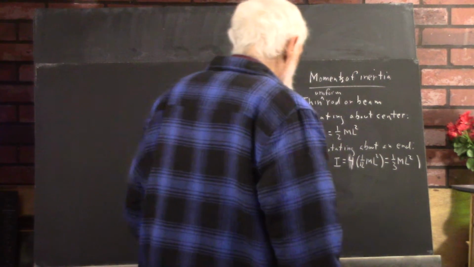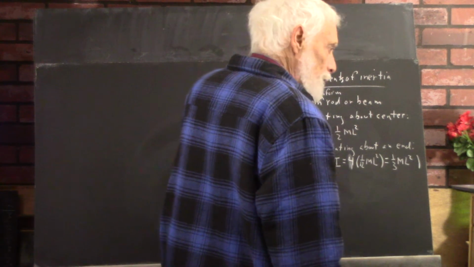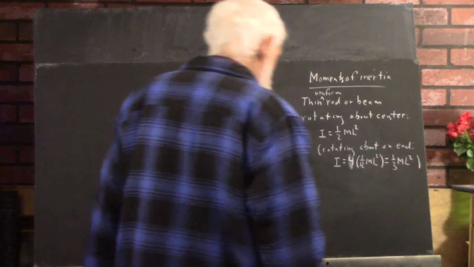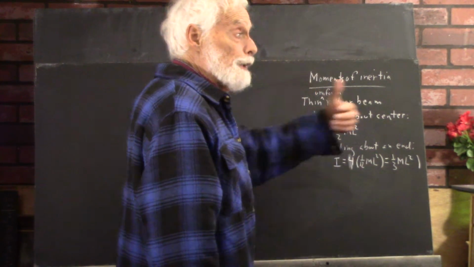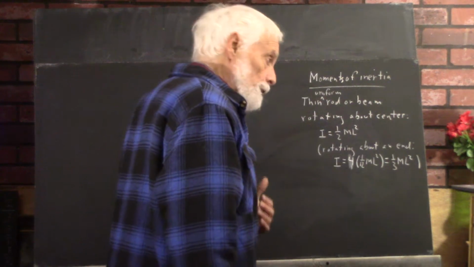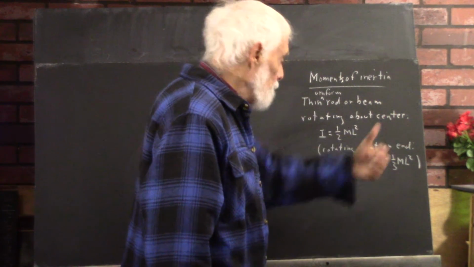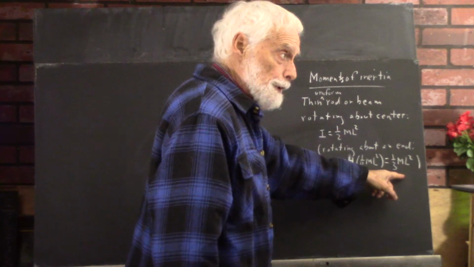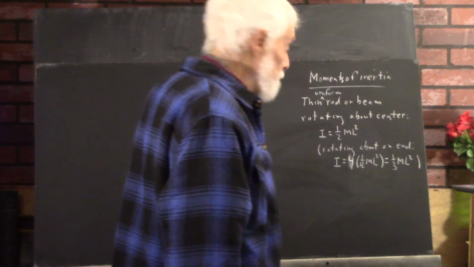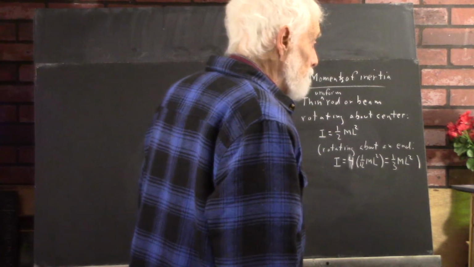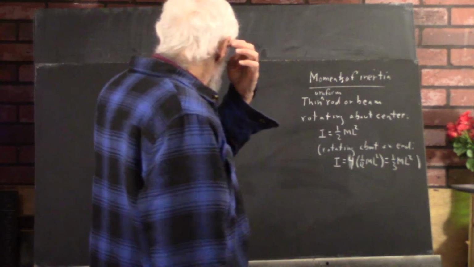Okay? Without going any further into the reasons for this, you can also set up the integral. The integral would go from 0 to L, and if I had done the integral from 0 to big L, I would have ended up with 1/3 ML squared. So it's very easy to do that integral, and very easy to adapt what we saw there to what's going on here. Okay, so